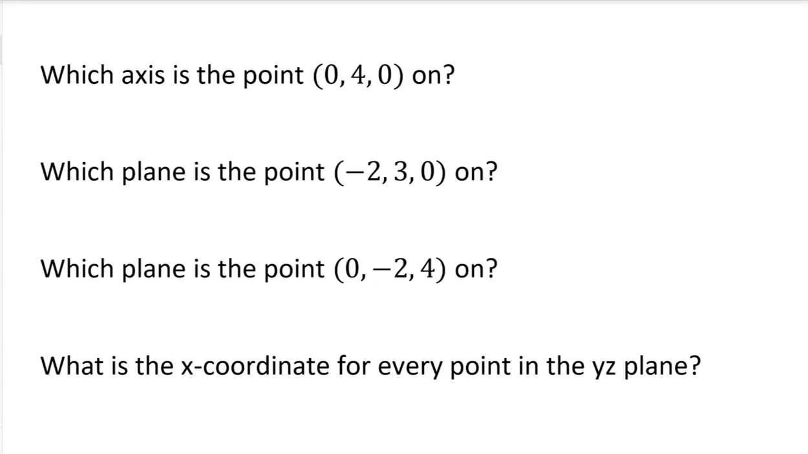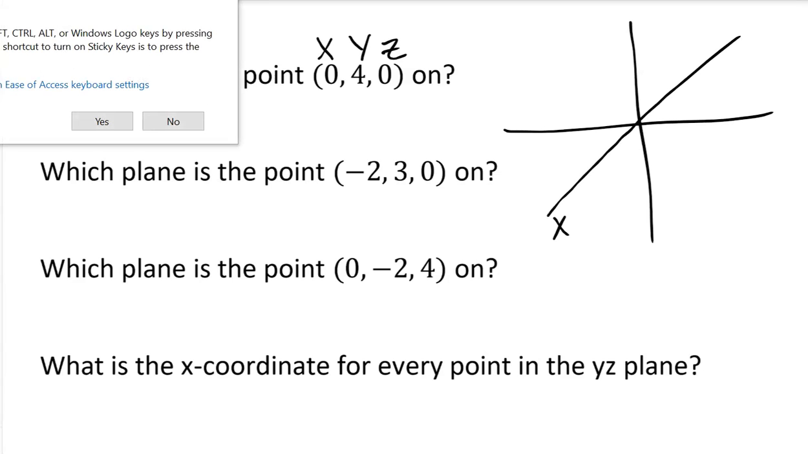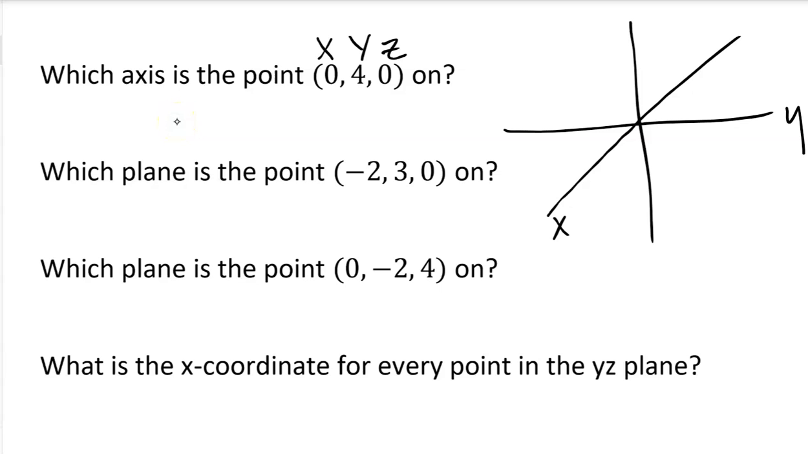So let's practice some problems. Which axis is the point (0, 4, 0) on? Well, this is a three-dimensional point. The x coordinate is 0, the y coordinate is 4, and the z coordinate is 0. So if we were to graph this, we can make a simple sketch, and we know that the 0 on